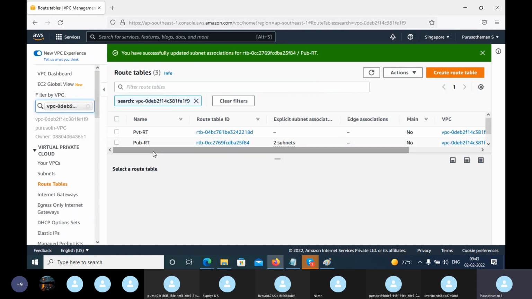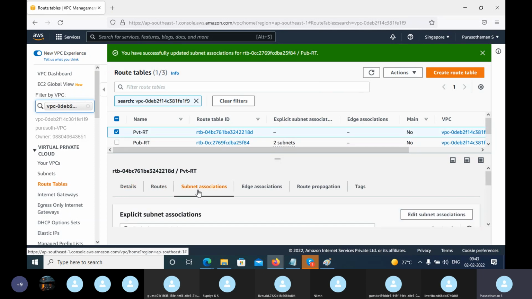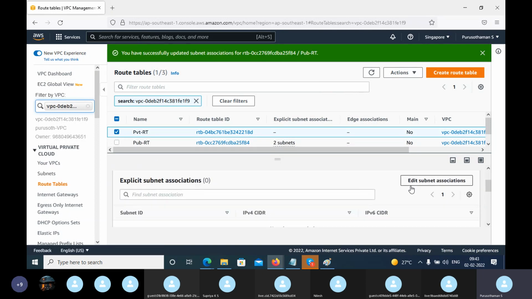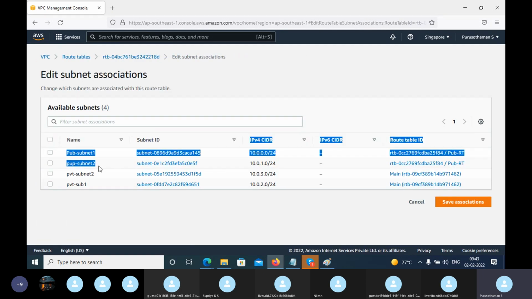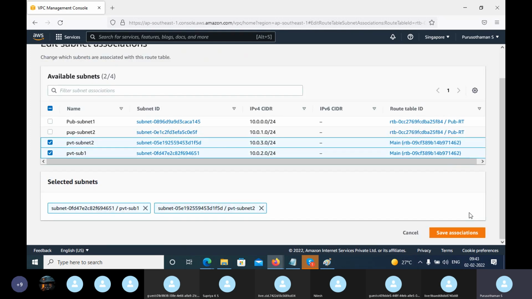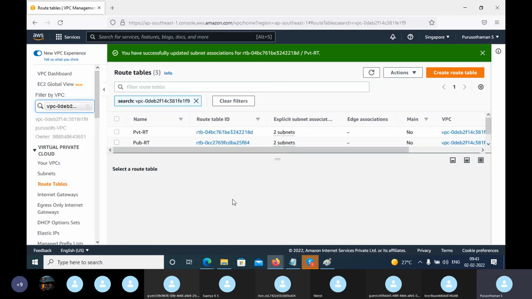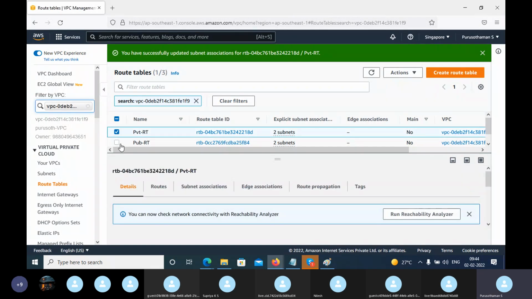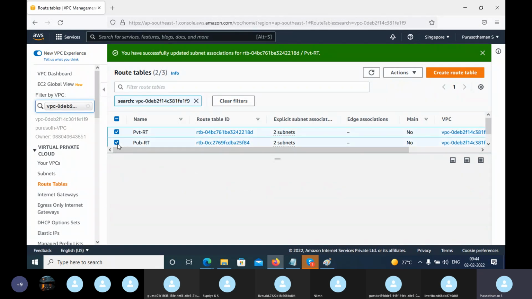The same thing for your private one: come to subnet association, edit this, and add only the private subnets. That's it. Now we have grouped the subnets with their respective route tables.